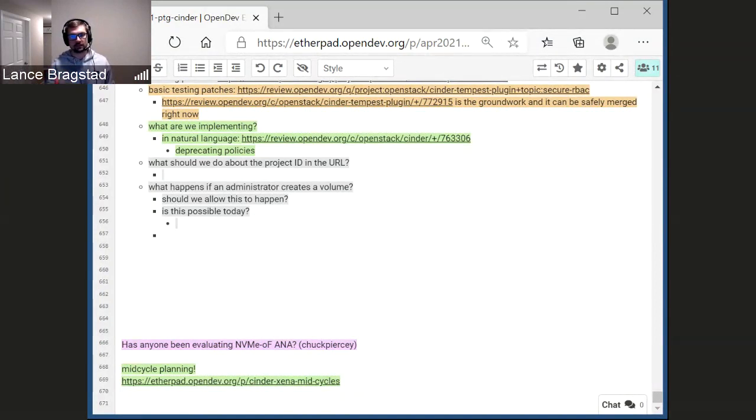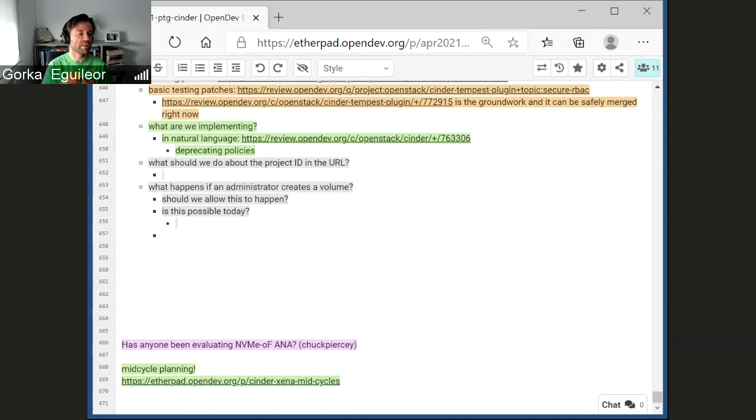And then in the other cases, what if an administrator sets the project ID in the URL and then sets that to be something different from what's in the header? What do we do there? In that case, I think we would raise what we are doing right now, malformed.